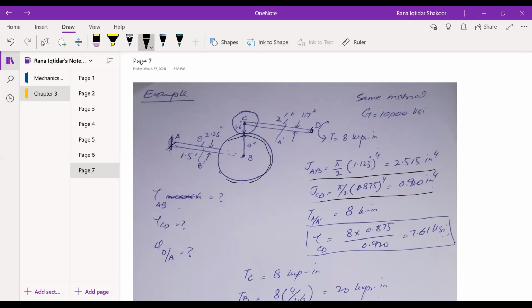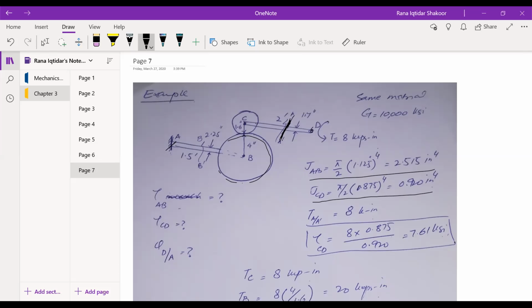Now the question comes, if T of 8 kips per inch is being applied at point D, how much T will be at this section? This is a section AA dash. So obviously it will be 8 kips per inch. TA at this cross section AA will be 8 kips per inch, right? And we know that this 8 kips per inch will straightforwardly go to this smaller gear at C, right? So if we want to calculate the shear stress that is induced by this torque